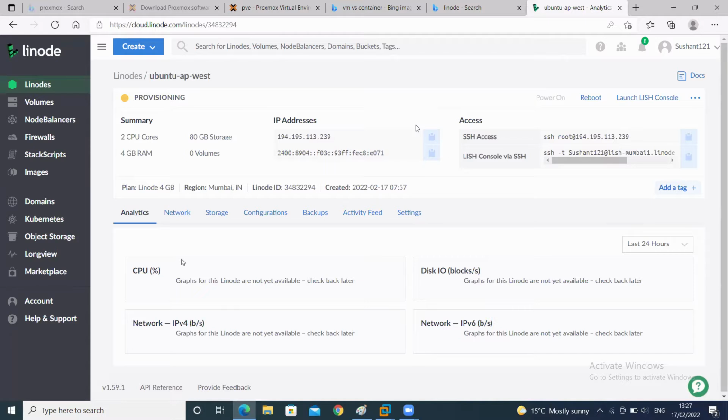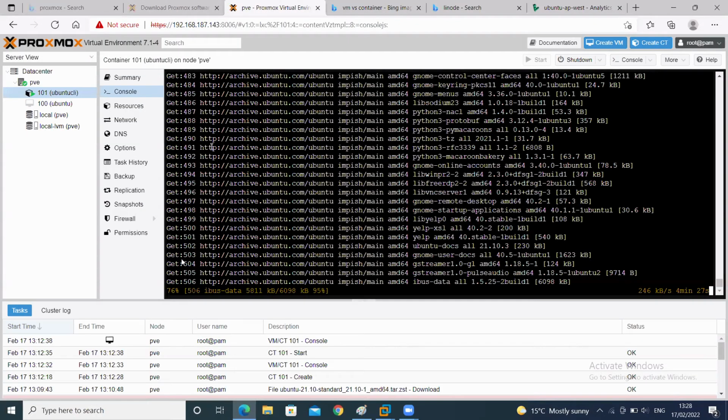So in the data center, what does it do? It creates a container. On that, it will provision, find the template of Ubuntu, attach it in a container, create a container over there, and boot it. Similarly, I am working over here.